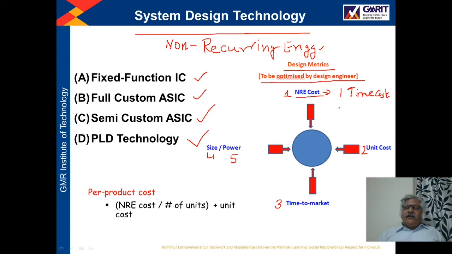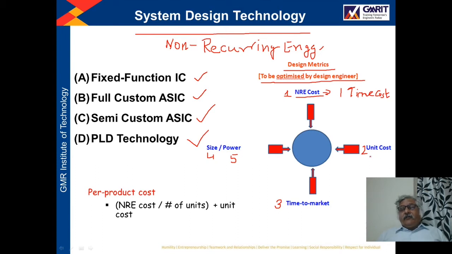There may be a possibility that 10 design engineers will work for 7 or 8 months, so their salary, all these things are one time cost which the company is investing for the development of the product. Now once the product is developed, then